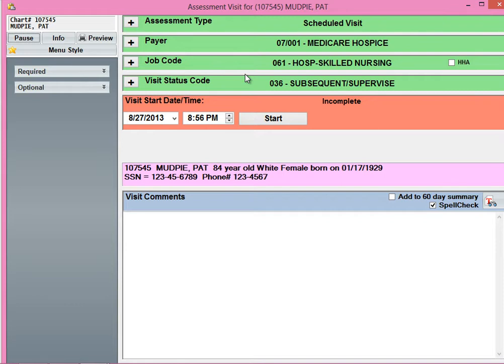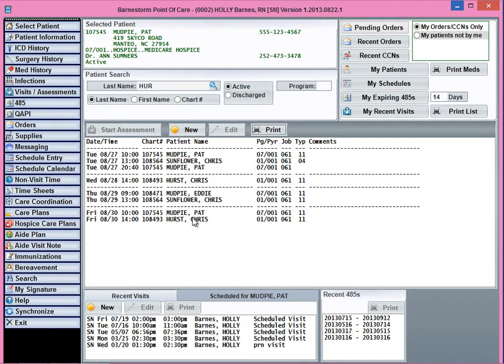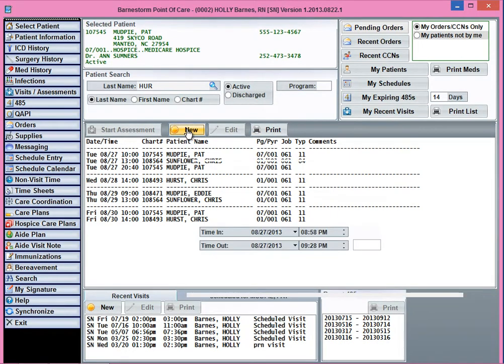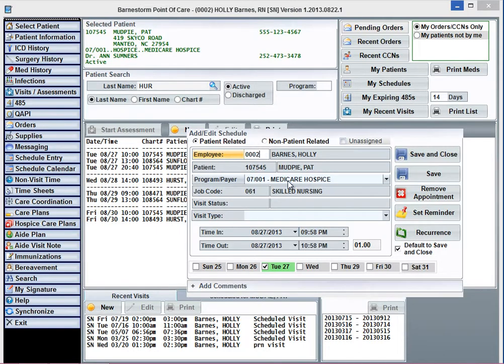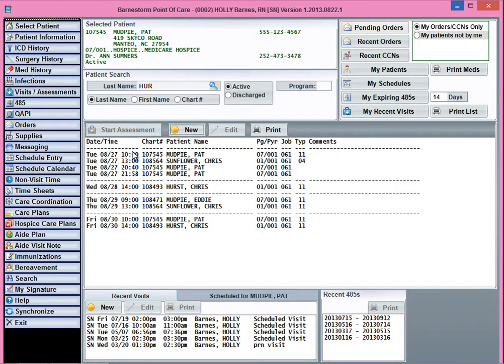The other advantage of using My Schedules is that you can see all the visits listed here. Every visit that you need to perform is listed here for you. Some other buttons that are associated with My Schedules screen is the New button. If you click on the New button, you can schedule a new visit, or if you click on a visit already here,